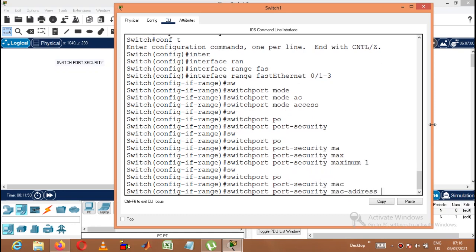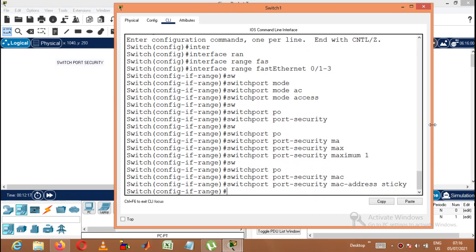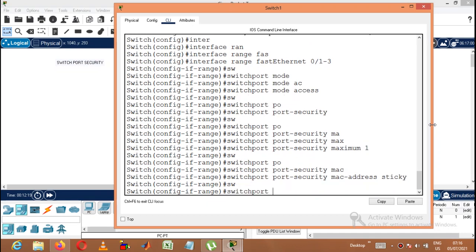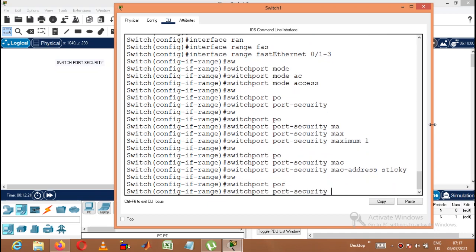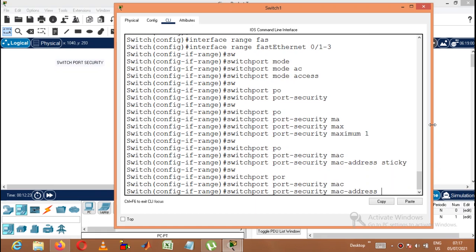You can give either a static MAC address or a dynamic one. Here I am going to give it as sticky. What does sticky mean? Whatever PCs are connected to the switch, those MAC addresses will be learnt by the switch. This is sticky. The last command is the violation command. Switchport port-security mac-address.